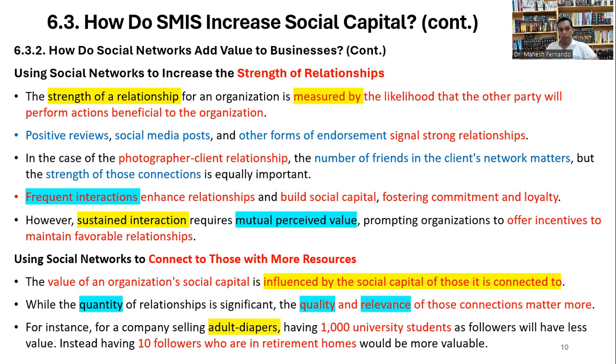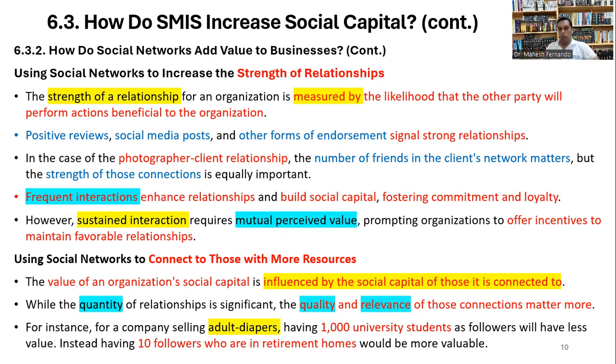You might see the example of a company selling adult diapers. Having 1,000 university students as followers will have less value. Instead, having 10 followers who are in a retirement home would be more valuable. You can see the relevance of the people who are linked to it.